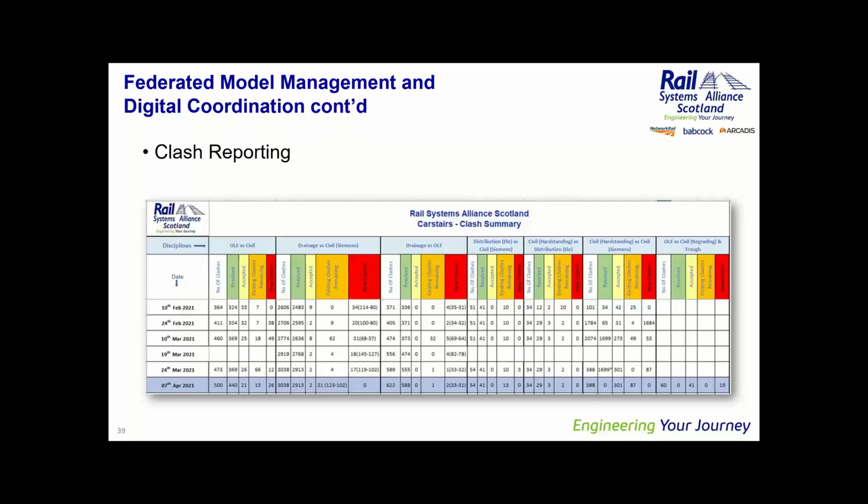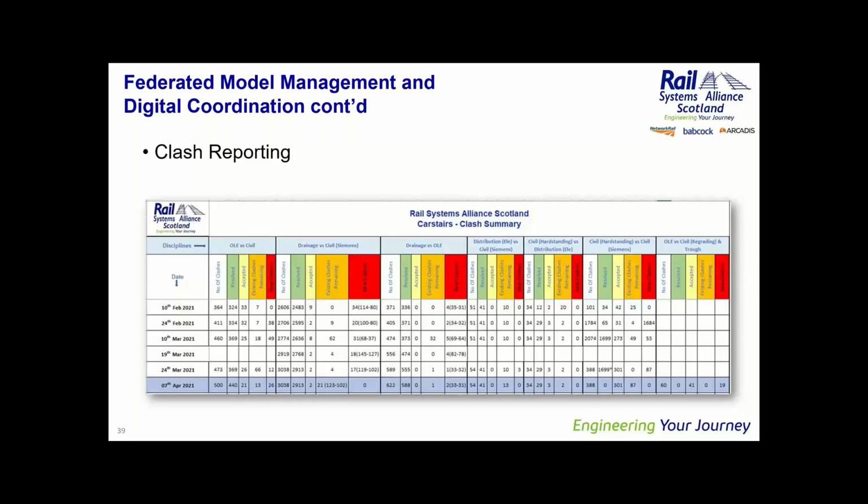And one of our projects that we've got going at the moment is the Carstairs project, and you can see what we've got here is quite a lot of clashes, but you can also see that we've resolved the vast majority of those clashes, and that proves the value of the clash detection exercise. Before you've even reached the construction phase, you've resolved so many of the issues that might have possibly come up during a construction phase. And that goes back to that curve that we showed earlier on, where we've got a high chance of impacting the delivery of a project early on and resolving those issues, and it will hopefully cost less and be easier to construct for the team hitting the site when they do.